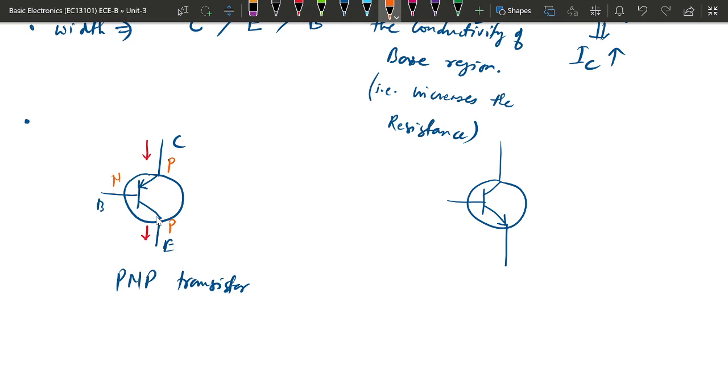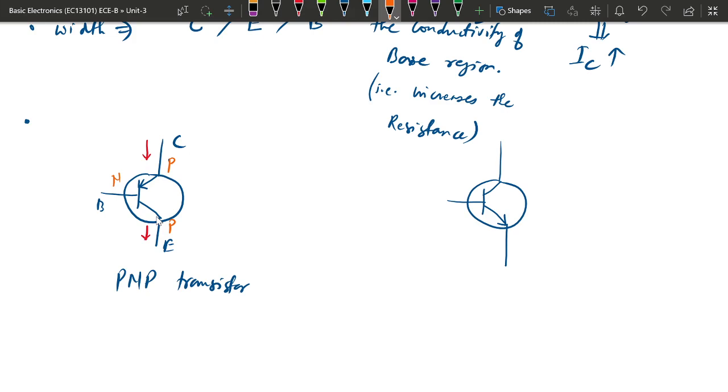If we talk about the current, this is N side and this is P side. The current direction will be like, the current should be passing from P to N region. Inside this, if we are drawing, the current will be from P to N. That's why it is showing P to N region.